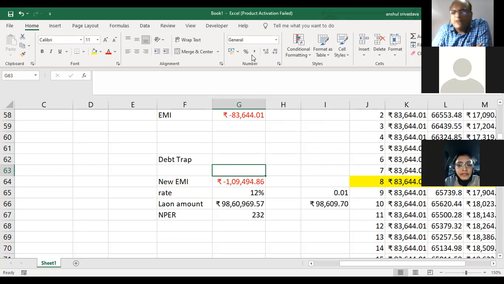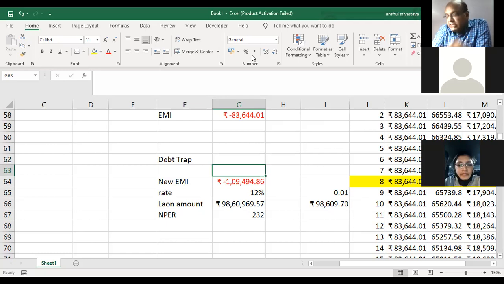Now we are still left with a lot of things, very interesting formulas. We have XIRR, we have NPV, XNPV. Then there are interesting functions, data tables, goal seek. All this we will do before we start making financial models. So in the initial sessions, I'm just giving you a glimpse of what we do. The initial 2 sessions will be spent on things like that, and some part of the 3rd session also we are going to spend on this.